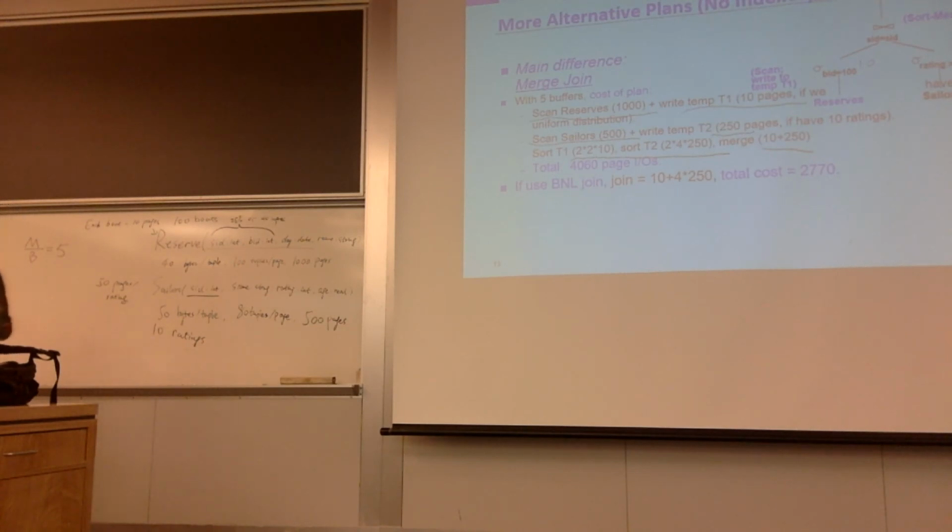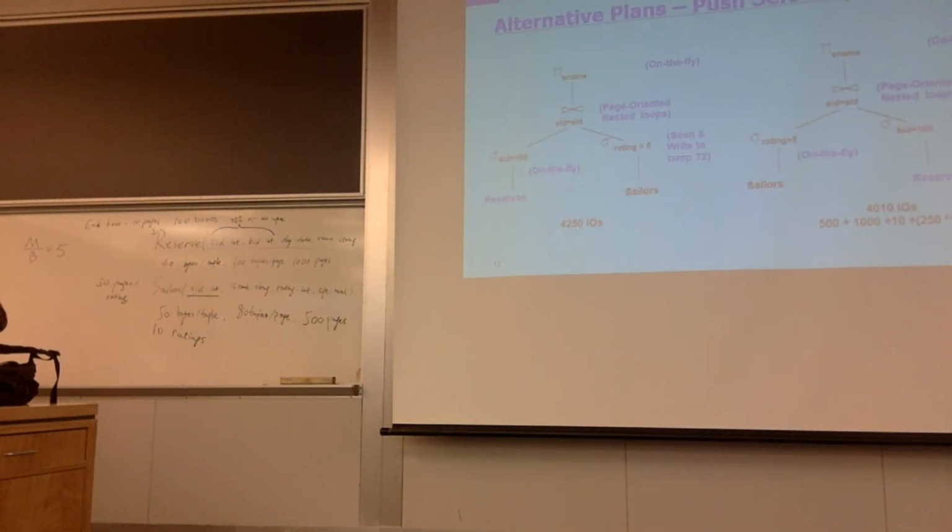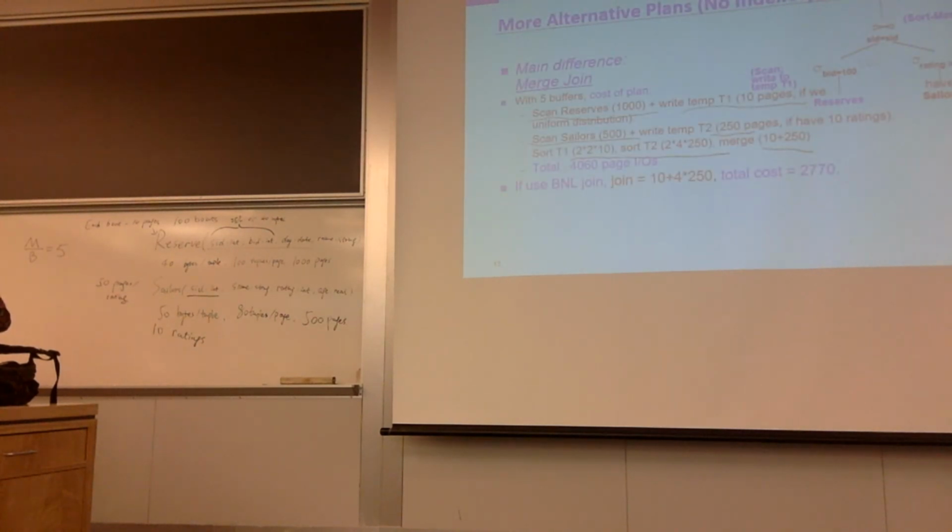You have 10 pages in total, and you're reading 3 pages at a time. You only do it 4 times, right? So then you only iterate through the inner relation 4 times. Okay. So if you still use the query plan we used before on the right, then your cost is going to be